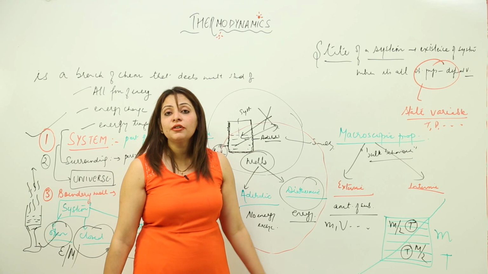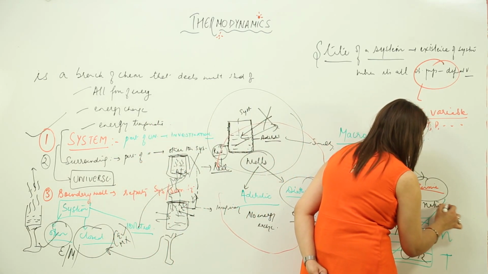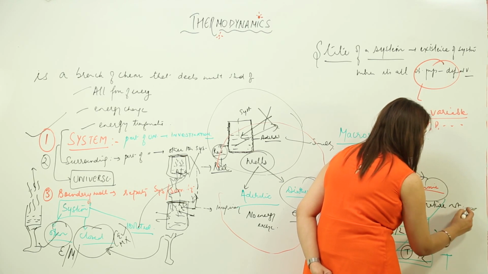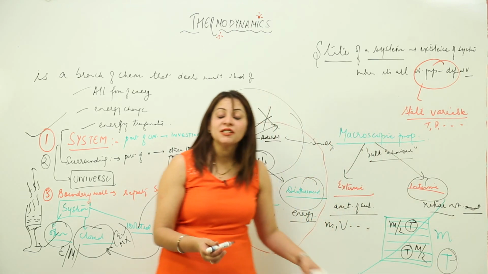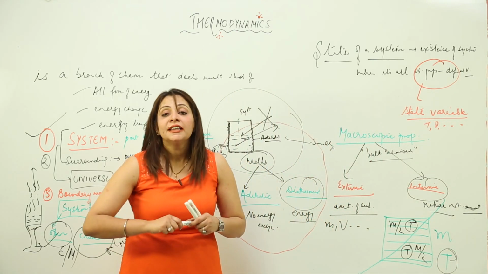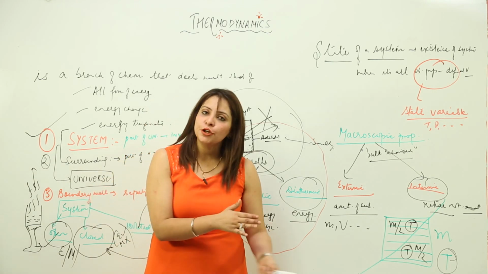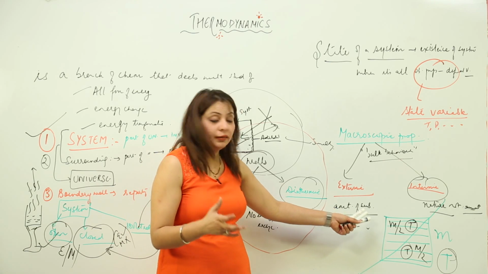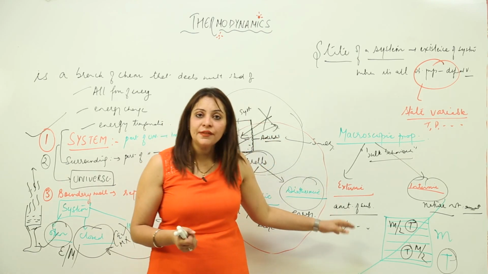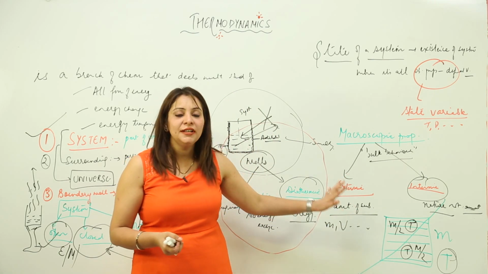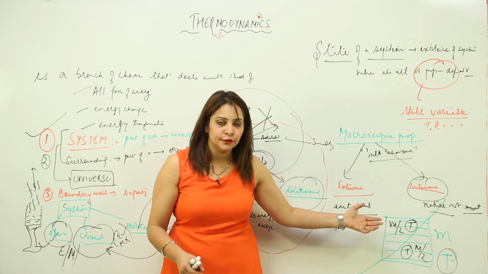And when we talk of intensive property, its value depends upon nature, not amount, like temperature. So what happened when you halved the beaker into two parts, the temperature remains constant because it depends on the nature of the substance, not on the amount of the substance. So our macroscopic properties can be extensive as well as intensive, right. Means they can exist as extensive, and there are a few properties which exist as intensive.